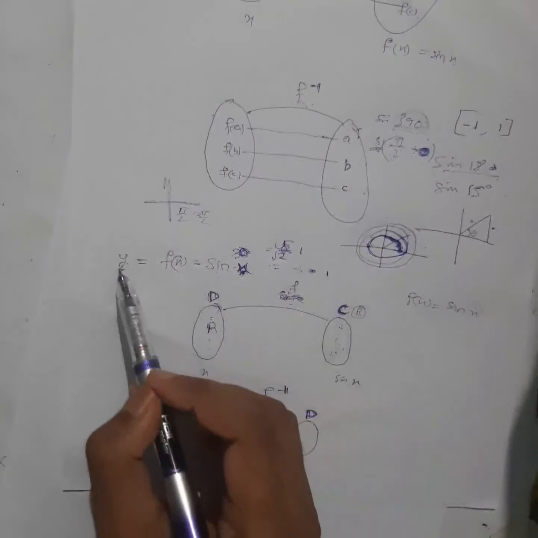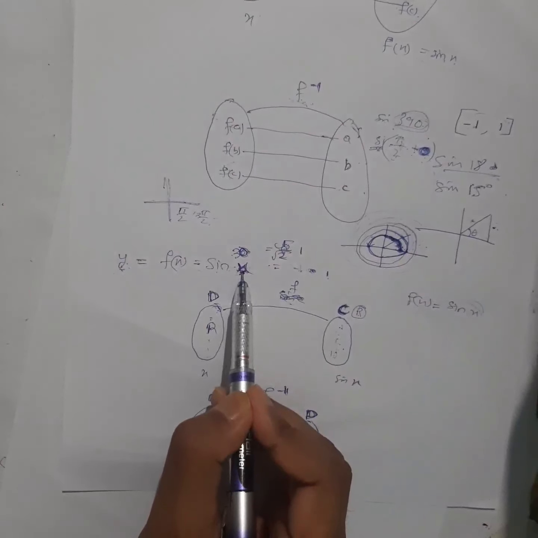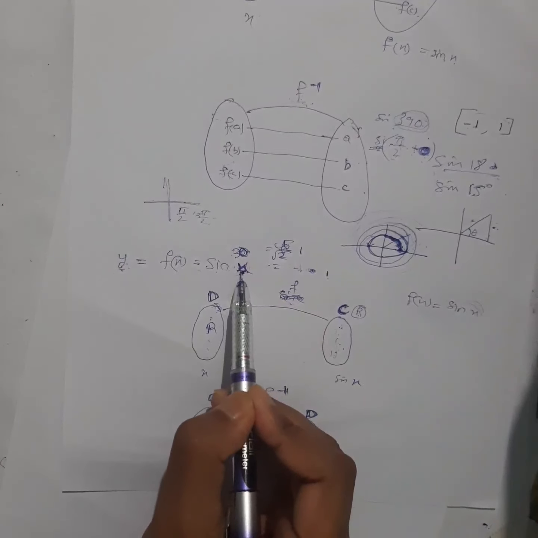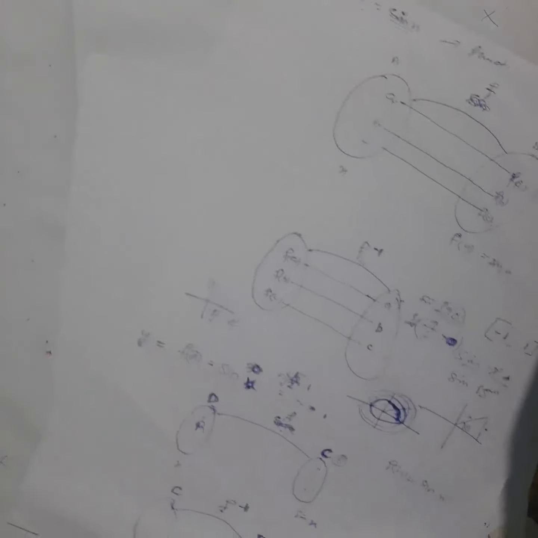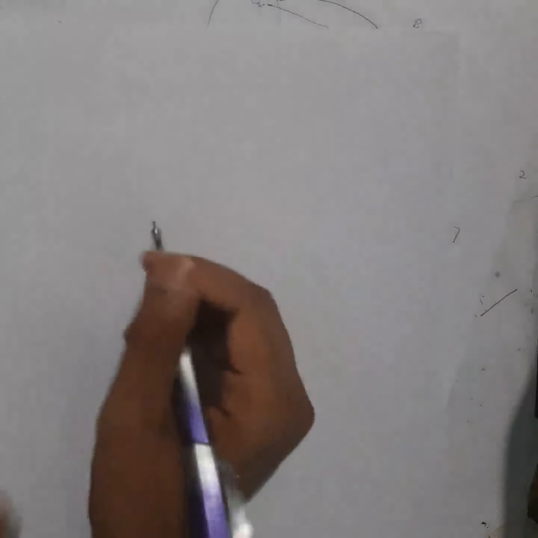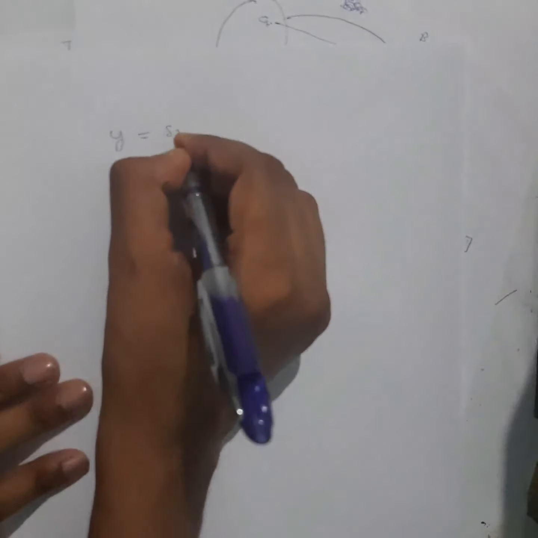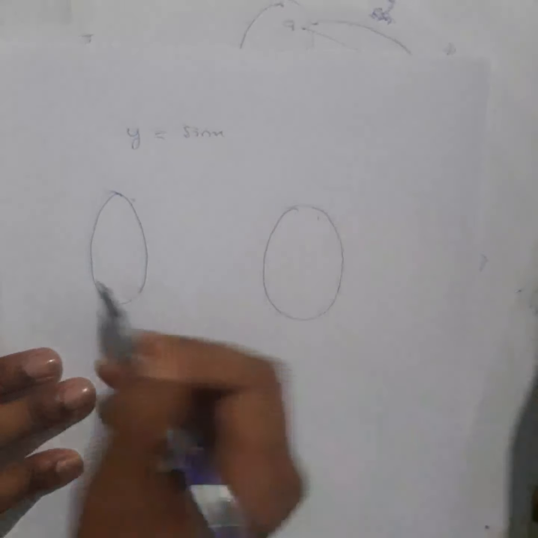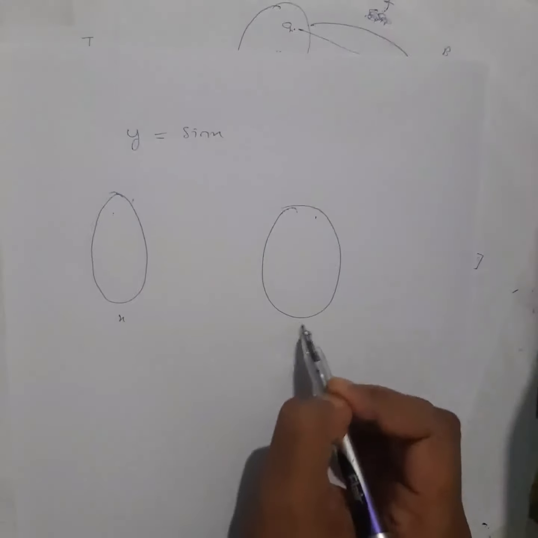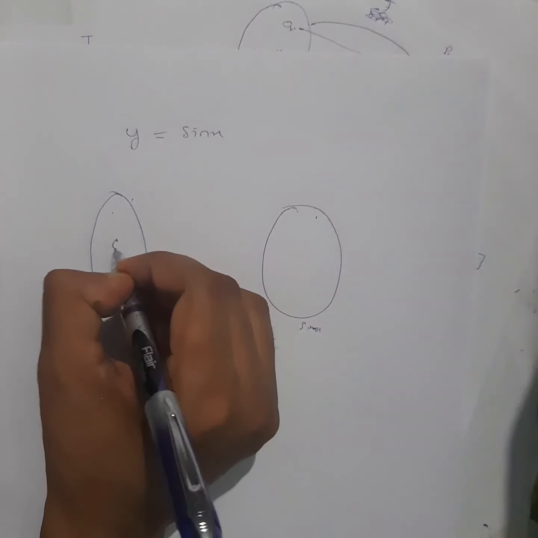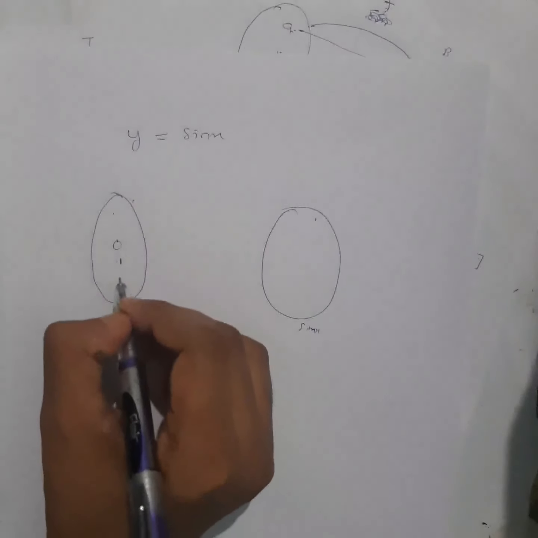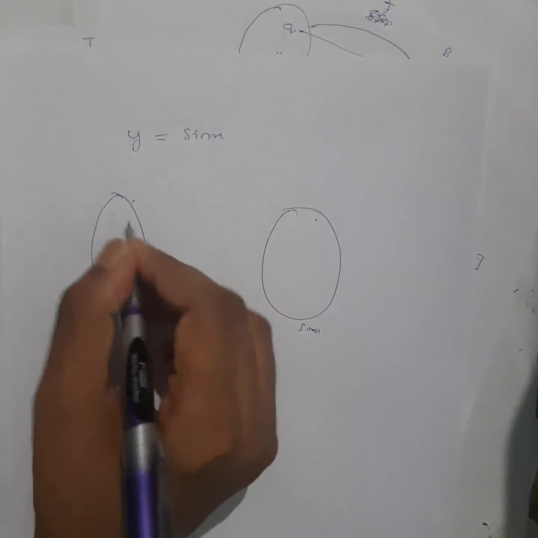Minus 1 to 1 means what? You will get a real value or not. So whatever real number you take in place of x, your y also will be a real number. Right? So when your function is sine of x, what will be your domain? Domain was the x value, right? This was sine of x. So your domain will be what? All real numbers: 0, 1, 2, 3, everything I can take.